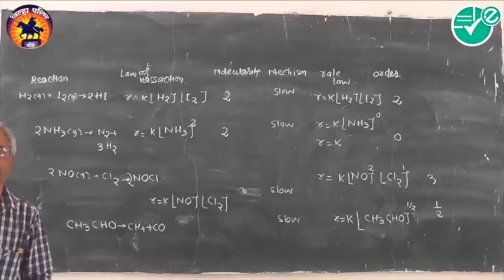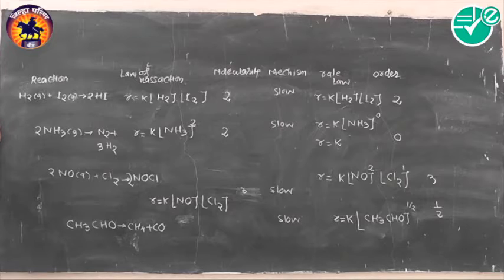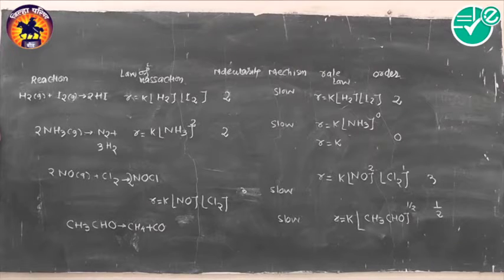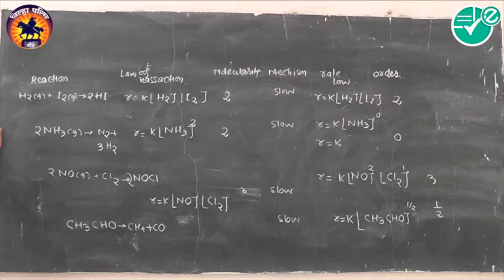been found to be half. Now here we see that the order of the reaction has come to be half. So order of the reaction can have a zero value, it can have a fraction value, it can be 1, 2 like natural integers, while the molecularity, the number of molecules which are participating, cannot be a fraction or a zero. So this is the difference between molecularity and the order of the reaction.